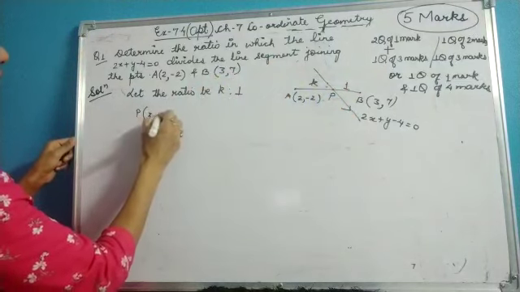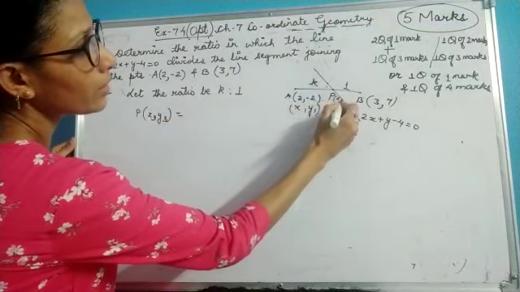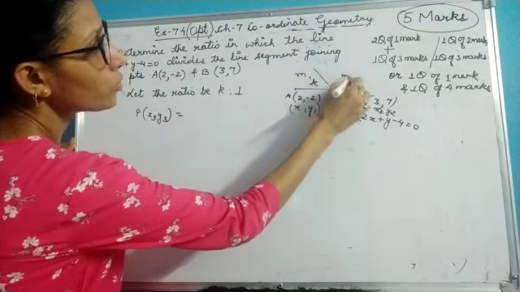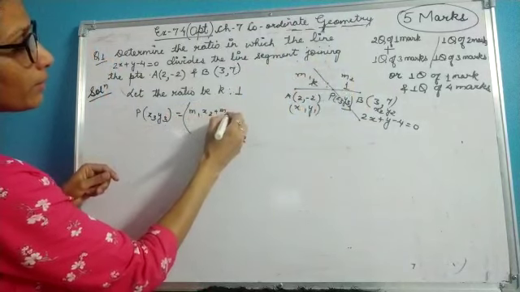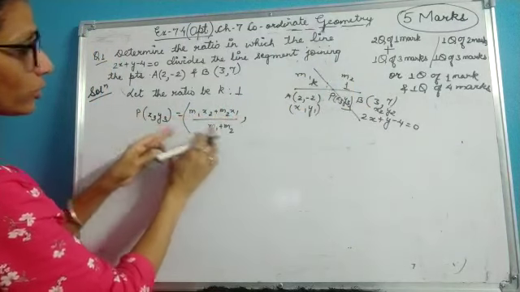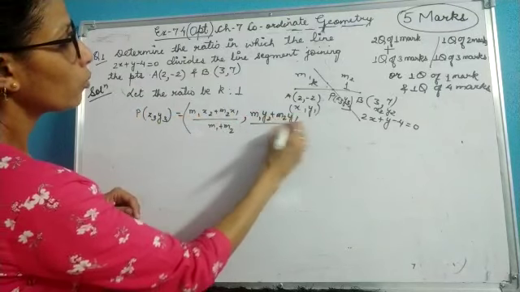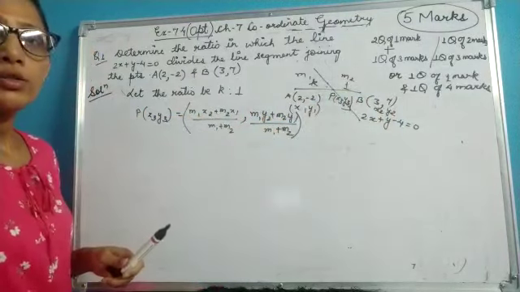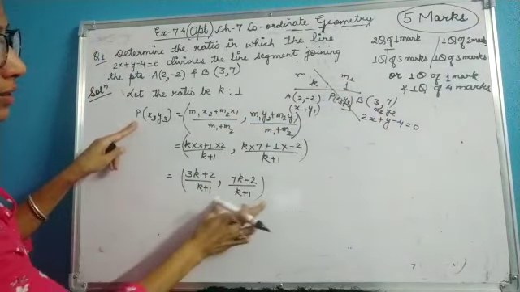Say this is your x3 y3, this is your x1 y1, P is x3 y3, B is x2 y2. This is your m1 and this is your m2. Write the section formula which is given by m1 x2 plus m2 x1 whole upon m1 plus m2. This is your x coordinate, that means your x3 is this, and m1 y2 plus m2 y1 whole upon m1 plus m2. You know all the values, just put it and solve it. So after putting the values, I am getting my coordinate of P as this and this.